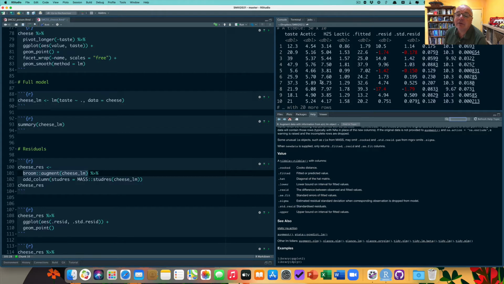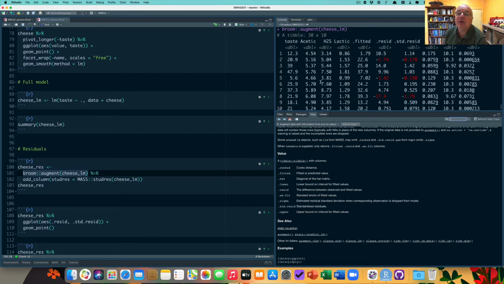Well, I don't have any. Do we have any? It doesn't give me the upper and lower on this one, which is interesting. But the rest looks pretty good. Now the problem is I also want to have studentized. Now to do that, there's a studentized function in the MASS package, and I'm just going to add this as